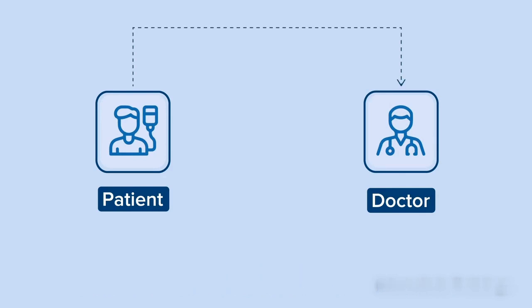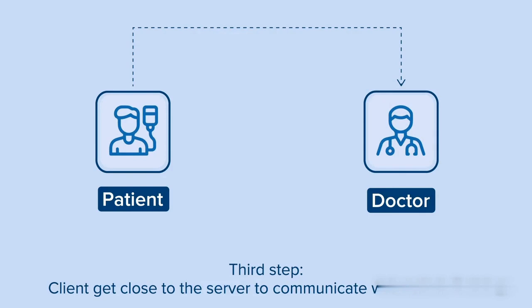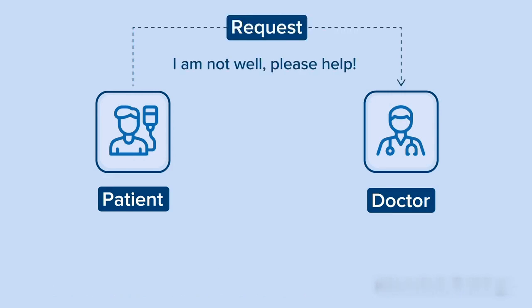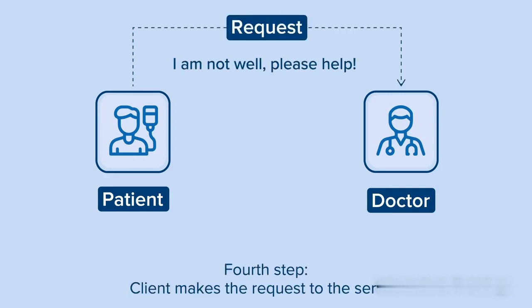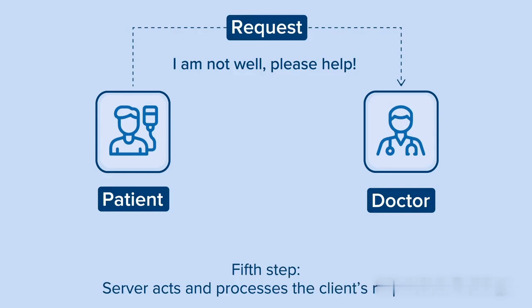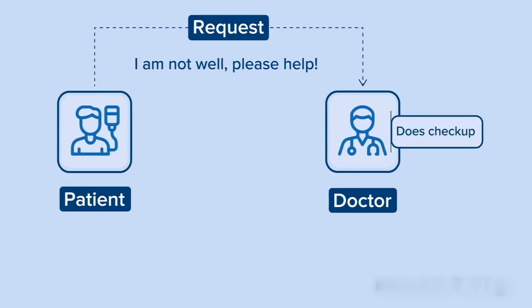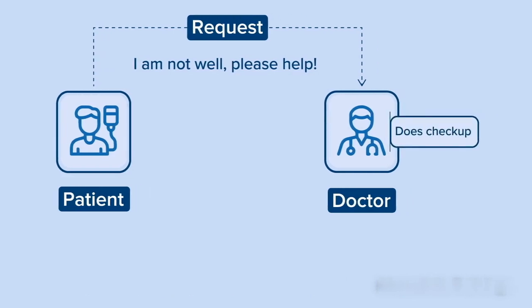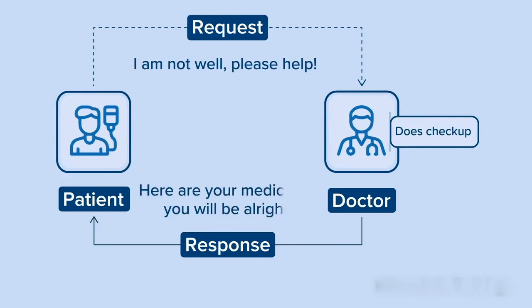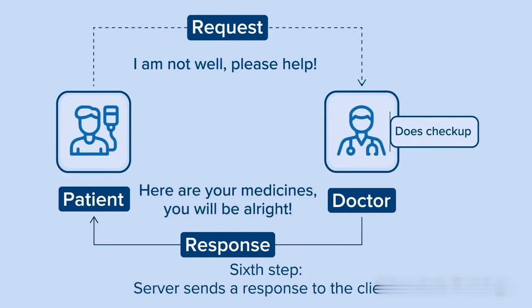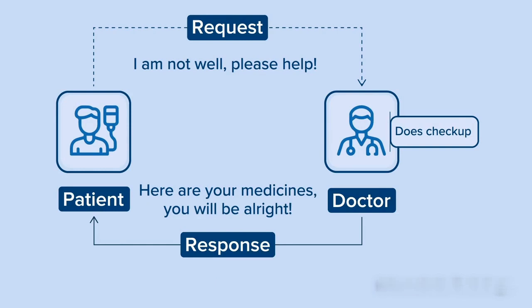Next, you go to the doctor, which is the same as the third step, that is, the client gets close to the server so that they can communicate with each other. Then you request the doctor to diagnose you, which is again the same as the fourth step. Now the fifth step states that the server acts and processes the client's request. And here in this case also, the doctor acts on your request and starts the checkup. And finally, the doctor prescribes you the relevant medicines, which is basically the last step of the client-server communication channel. I hope now you have understood the steps that are involved in the client-server